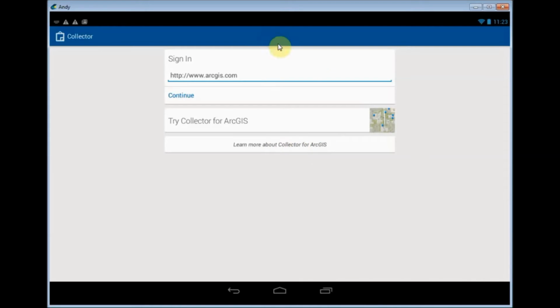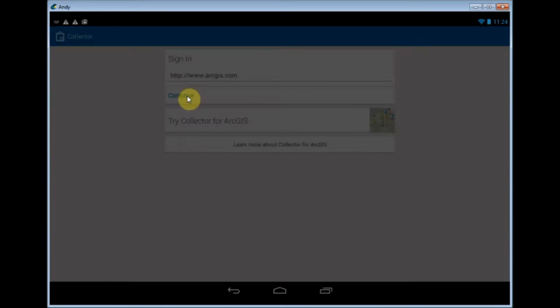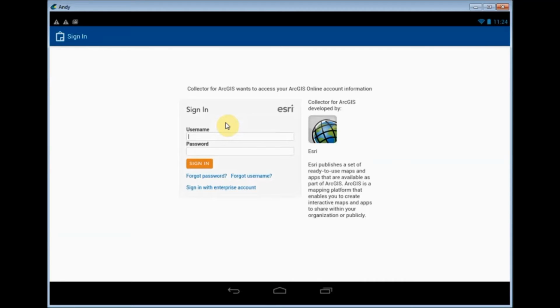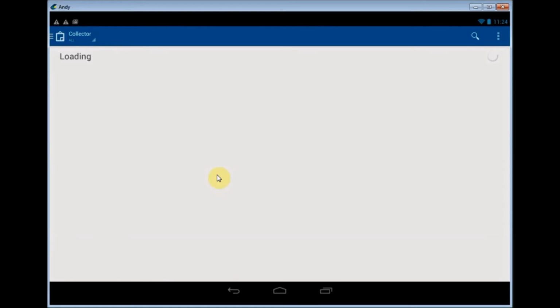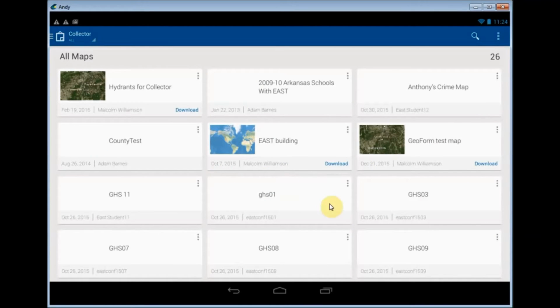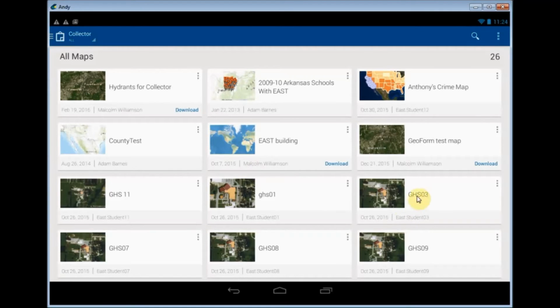And the first thing I've got to do is sign in with my ArcGIS Online account. So I click in here to sign in, and so same account info, wrong password. I think that's it. There we go. So I've made a bunch of maps playing with this. I need to make sure I open the correct one. I want the hydrants for collector, and I don't want to download it unless I'm going to be working on a device that doesn't have a cell connection. I just open it by clicking on it,